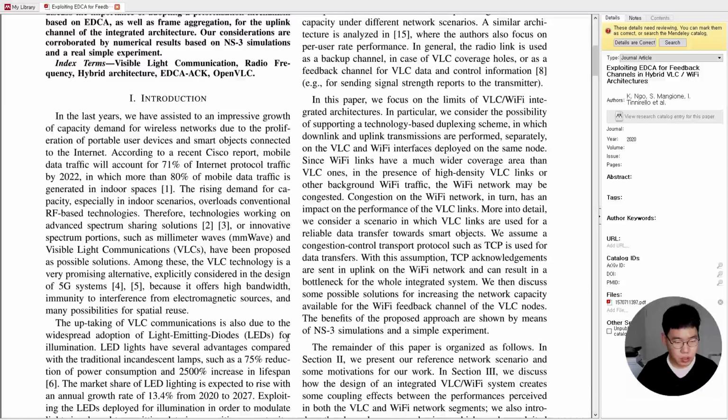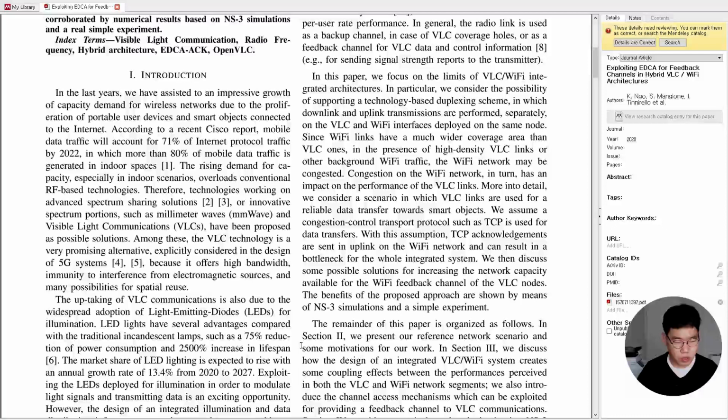The market share of LED lights is expected to rise with an annual growth rate of 13.4% from 2020 to 2027. Exploiting the LEDs deployed for illumination in order to modulate a light signal and transmit data is an exciting